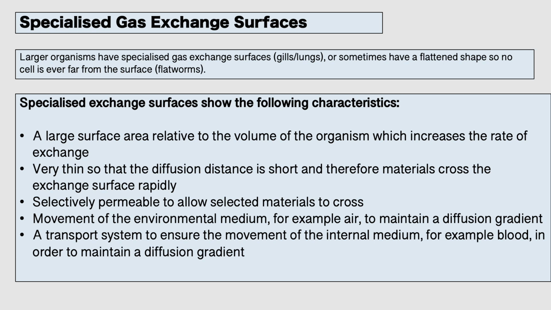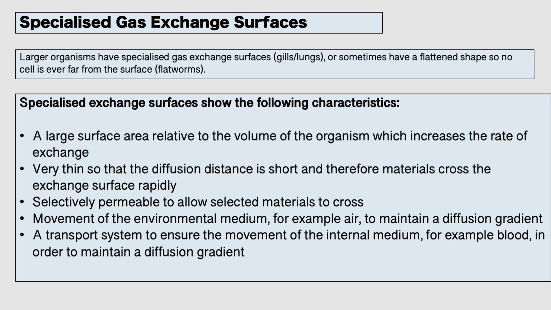Specialised exchange surfaces show the following characteristics. A large surface area relative to the volume of the organism, which increases the rate of exchange. Very thin, so that the diffusion distance is short and therefore materials cross the exchange surface rapidly. Selectively permeable to allow selected materials to cross. Movement of the environmental medium, for example air, to maintain a diffusion gradient. And a transport system to ensure the movement of the internal medium, for example blood, in order to maintain a